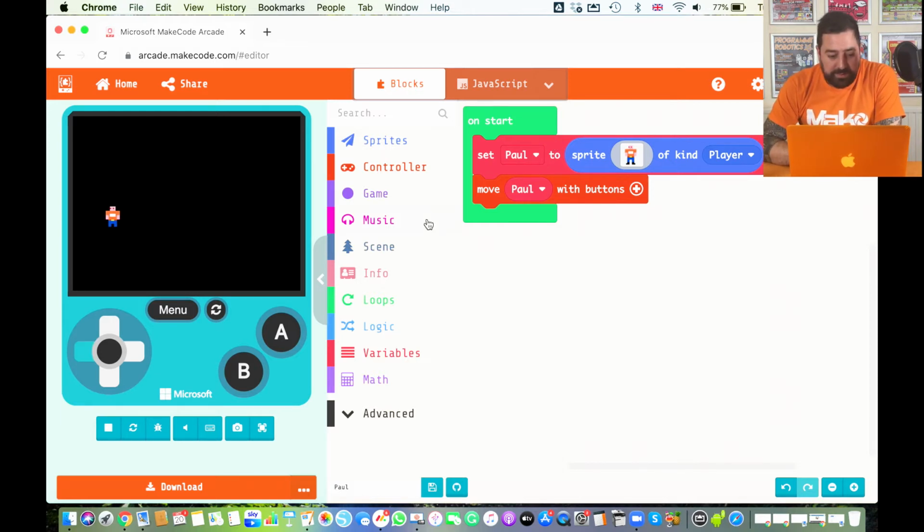So with my character, as you can see, he can go off the screen and disappear. Okay, so we need to put a little bit of coding in to stop our character moving off the screen so we can see him at all times. And to do this, we're going to go back into the sprite section,